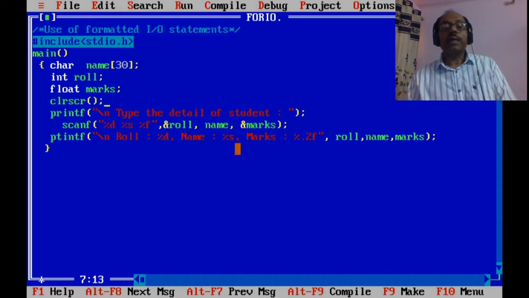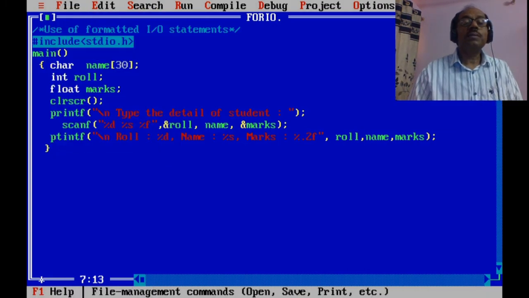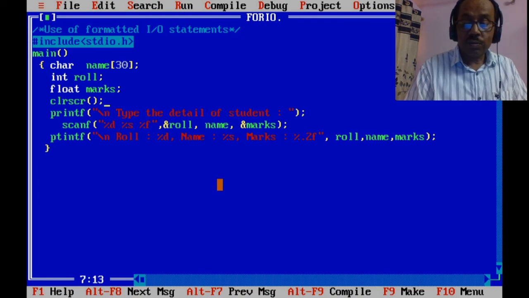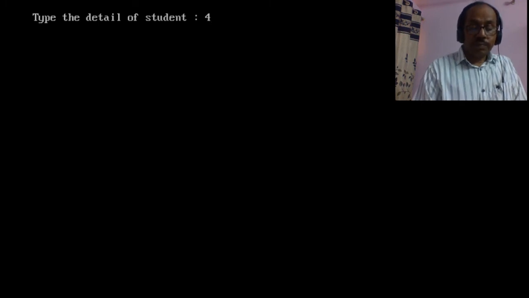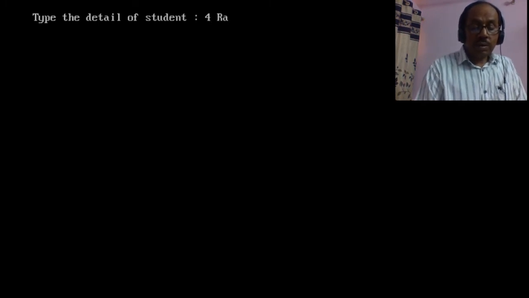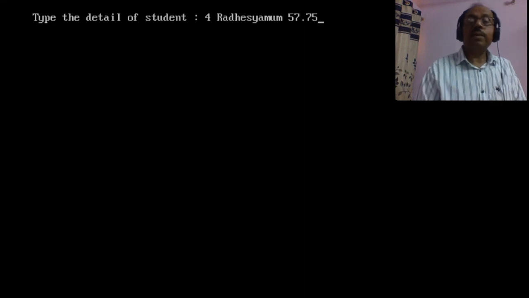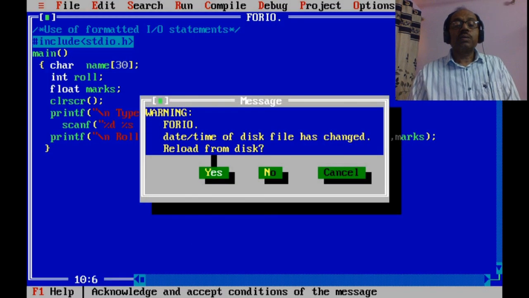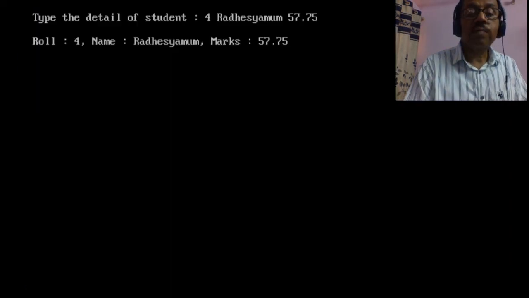Now again we will save and then compile, Control F9. So it is asking again, roll number was 4, name is Radheshyam, marks 57.75. Alt F5.